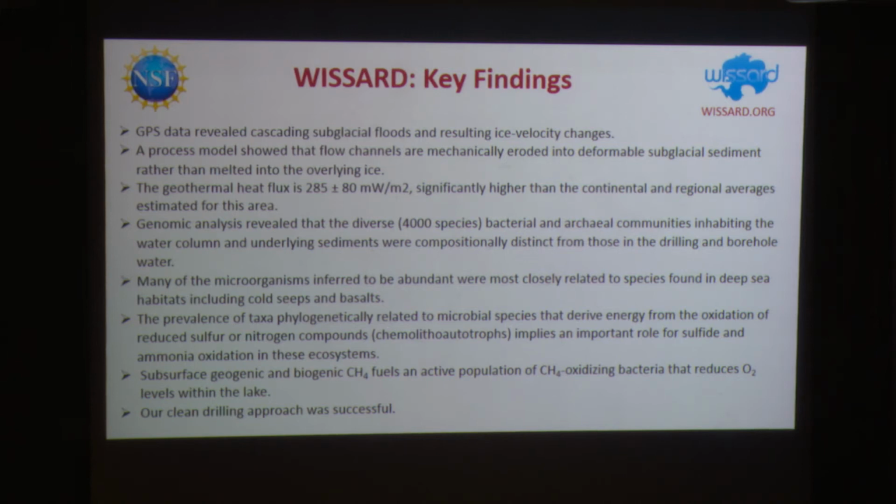The way we do our DNA, we put a system down into the lake through 1,000 meters of ice, and it filters water in the water cavity for about 5 hours. Then we bring the whole thing up so it's clean, all encased, and take it back to the lab and extract DNA. So when you say that the microbes you found in your borehole were different than in the water column and in the lake, the microbes...